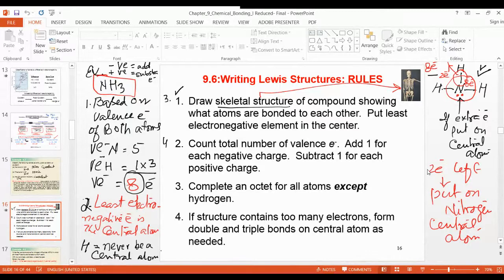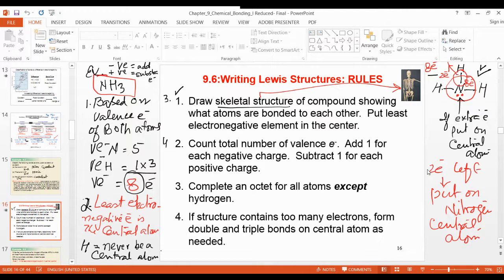Then the third point is you have to draw the skeleton. Suppose CH4, you have an example. So C will be your center, and the 4 H you have to arrange in such a way that the interaction between these 4 atoms will be less. So it is just like a square. You will arrange 4 hydrogens. After that, you add the bond between hydrogen and carbon.